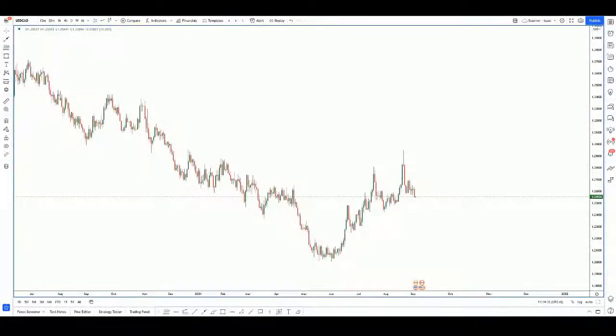Welcome to today's trade of the day, and for today's trade of the day I would like to take a look at dollar CAD. So what I have here is dollar CAD on the daily, and very interestingly, let's just first take a look at the market structure that we have. The dollar CAD market structure on the daily has actually been in a downtrend. We see that price is in a downtrend